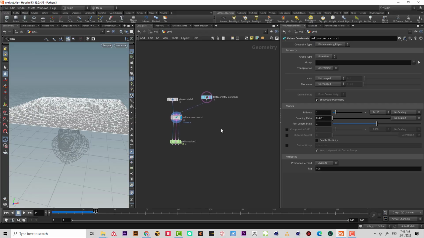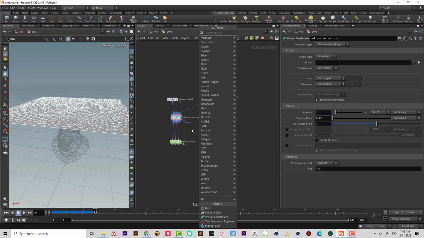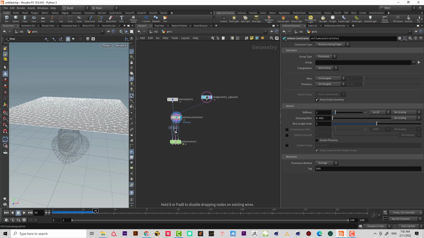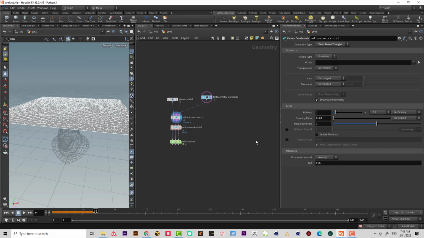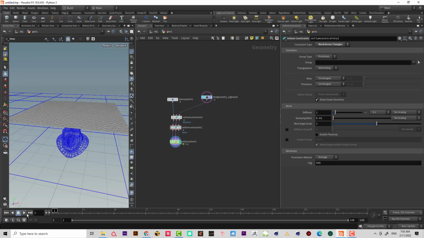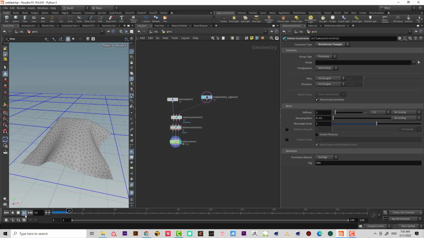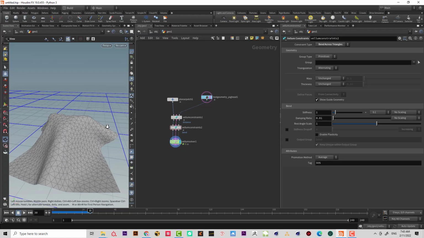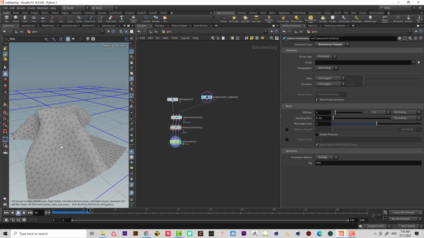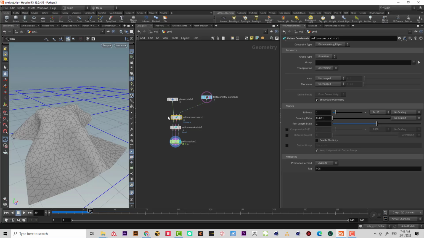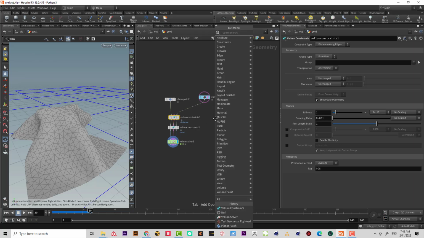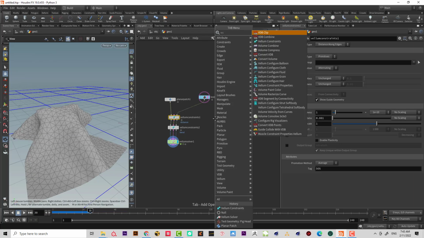Okay, so let's see if we add another Vellum constraint. Let's add it here, and this time let's add bend across triangle. Okay, so let's see the result that we have here now. As we can see now, we have both. We have a bend constraint, and also a distance constraint. Those are the same as if I add Vellum constraint,